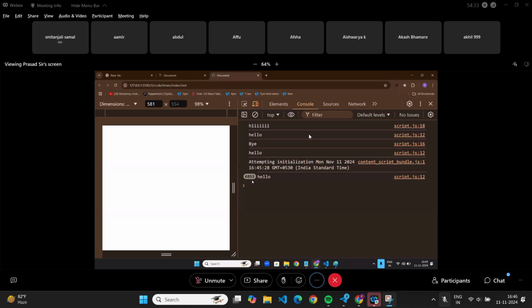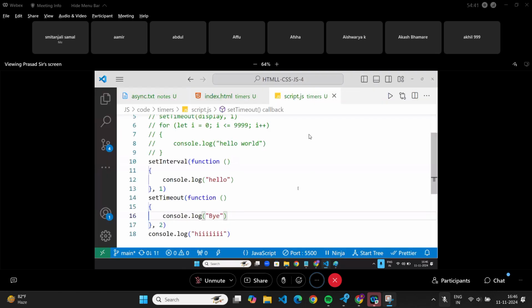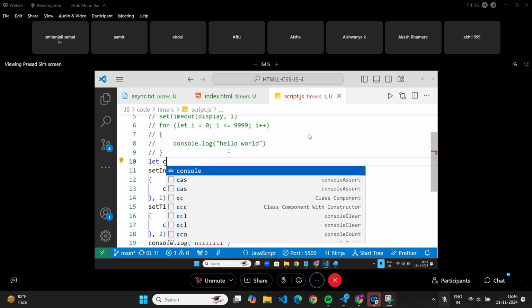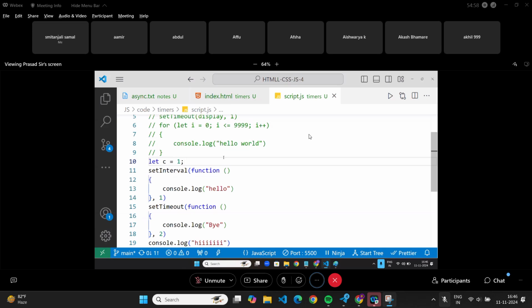Now, I want you to break it. How do you break it? There are two functions, clear interval and clear timeout. Now, let's go here. Let's put some kind of counter, let C equal initially 0.